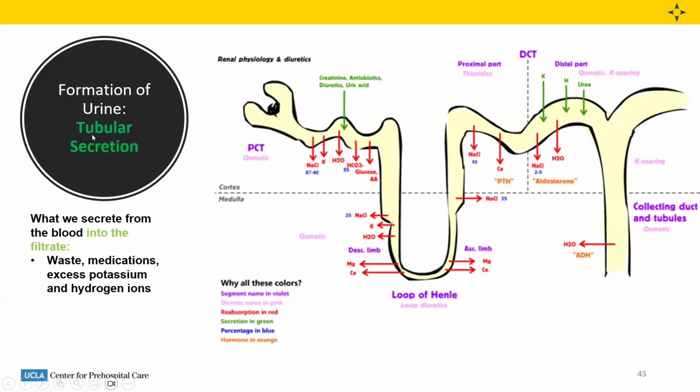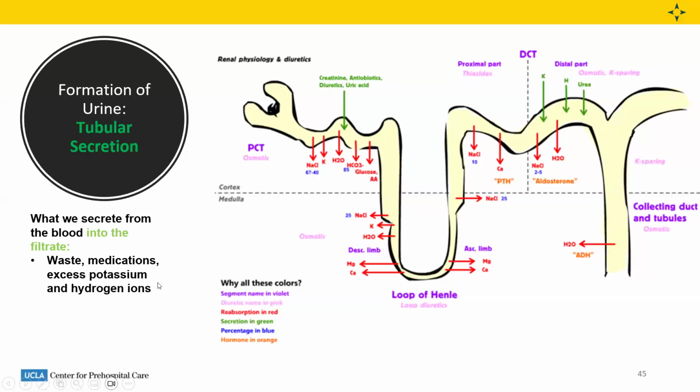Then, what is tubular secretion? So that essentially means from our bloodstream, right, those peritubular capillaries, our tubular system is going to pull stuff from that blood to be secreted into our filtrate. So it's kind of pulling stuff out of the blood again that we don't want to keep. So some of that is wastes, medications, and then it's kind of excess potassium, right? So excess potassium and hydrogen ions,